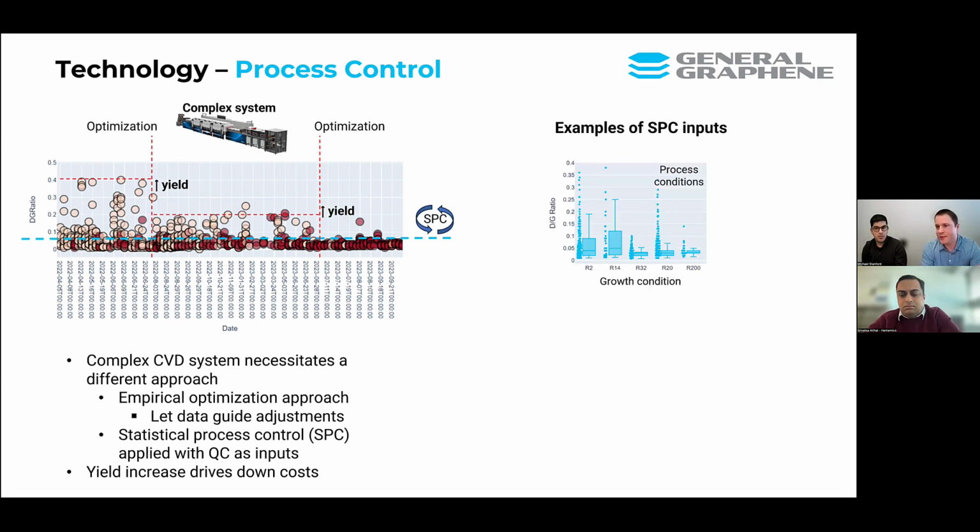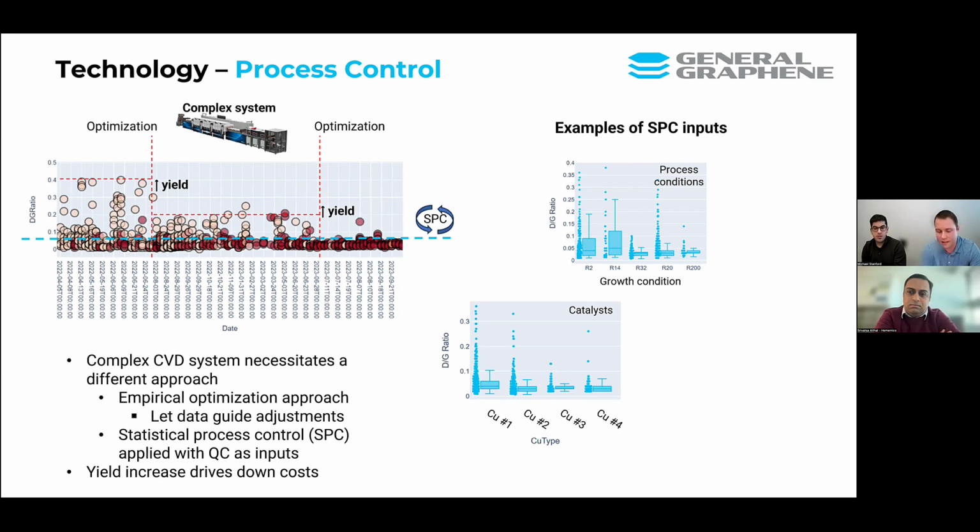So some examples of what we might use for our statistical process control to keep our production under control would be we vary process control conditions. This can be the different temperatures, flow rates of gases, and here's just a couple arbitrary conditions and the distribution of how this affects the defect density of our subsequent graphene. We've also explored many different copper catalysts to find options that allow us to provide the most consistent material, and we explore things like production rate.